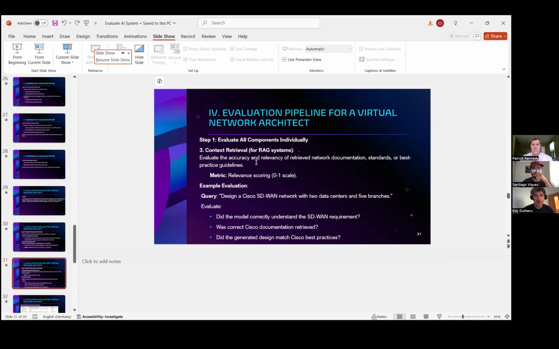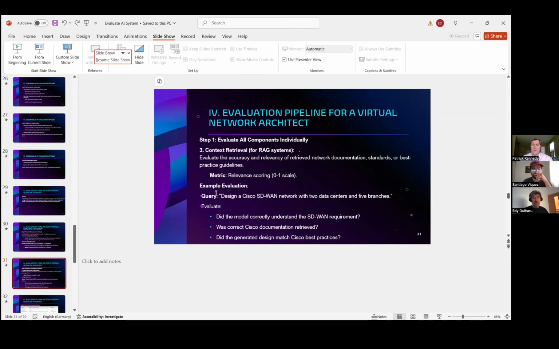Then, in my example with the virtual architect, I also have a RAG system as part of the architecture. I want to assess how relevant the retrieved documents from my RAG are. I built the RAG, so I know the content of this database. Because I know the content, I'm able to measure the relevance degree of the outcome. I know which question I ask, and I would expect to receive certain chunks. And if I receive different chunks, then I will measure how good this retrieval is, from 0 to 1 or from 1 to 10, it doesn't matter.